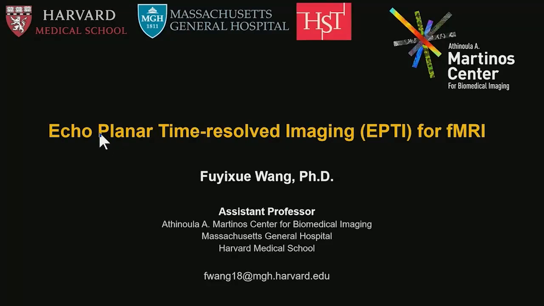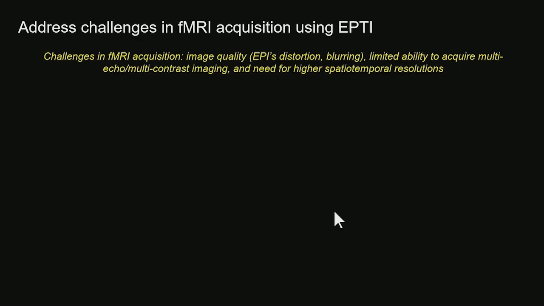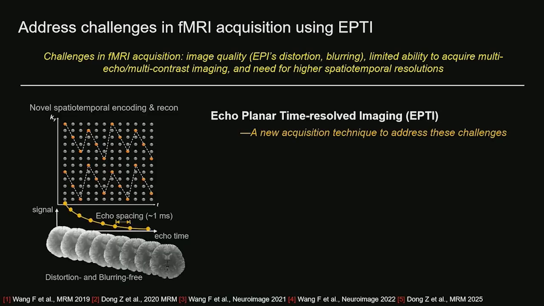Okay, great. So today I'm going to talk about EPTI for functional MRI. Despite the advancements, there are still challenges in fMRI acquisition, including factors that affect image quality, like distortion and T2* blurring, limited ability to acquire multi-echo, multi-contrast imaging, as well as the need for higher spatial temporal resolution. So we've been developing Echo Planar Time-resolved Imaging, or EPTI, as a new acquisition technique to address these